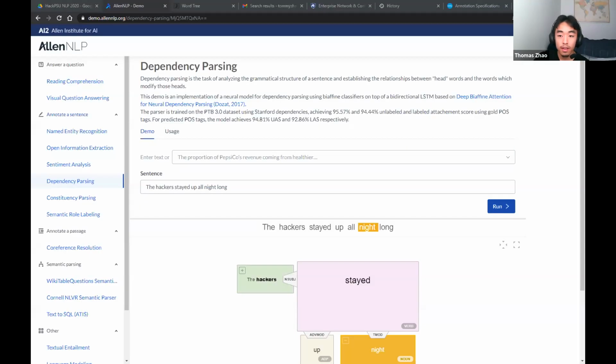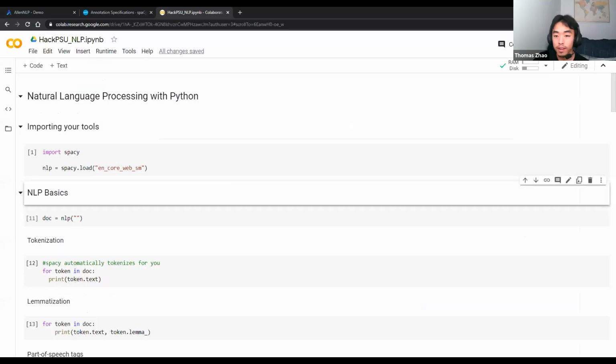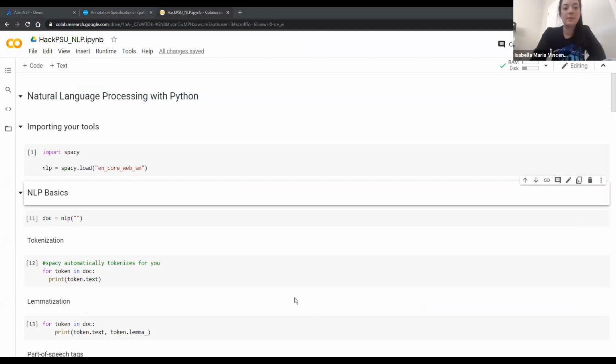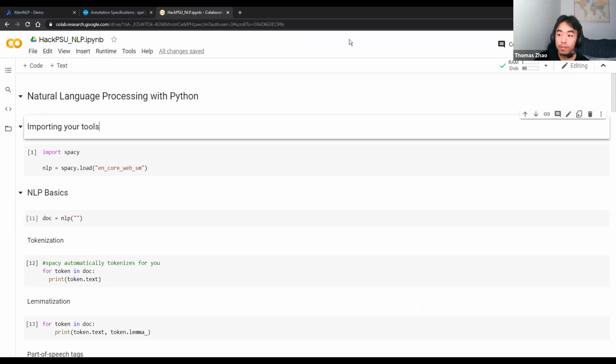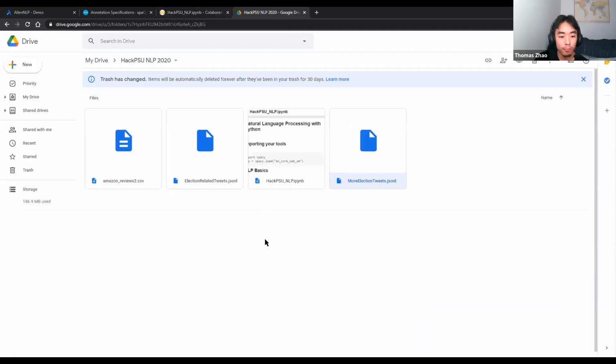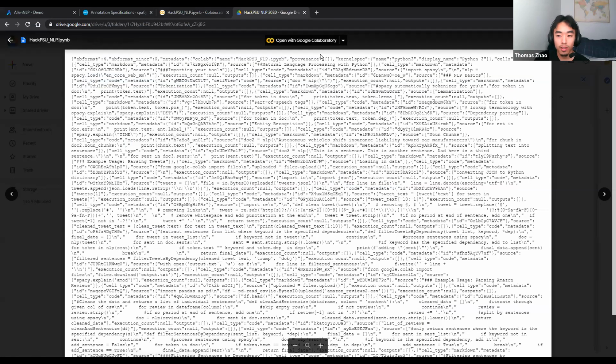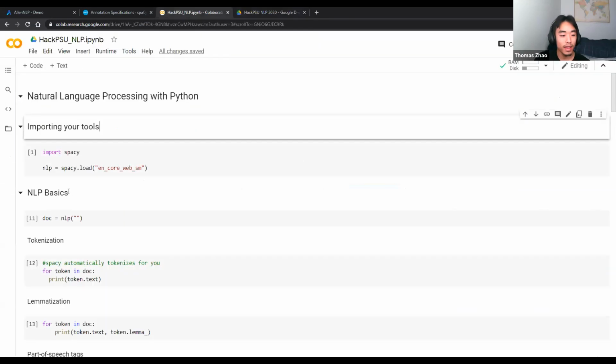And let me share my Chrome. Can you all see my Chrome? Yeah, we can see it. Awesome. Once you have this Google Drive, you can just open this up with Google Colaboratory, and we can get started with some coding examples.